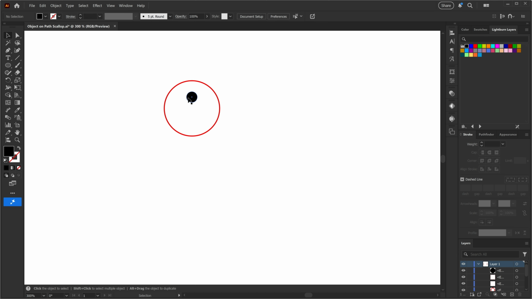And the reason I'm putting it towards the top is because as we're creating our scallop for the final oval, we're going to lose this bottom half of the circle. So I want to make sure that my motif is still visible and won't get cut off. Unless that's the look you're going for, then you can totally center it in the circle. But for this particular project, I want it at the top so that it's still visible when this bottom half